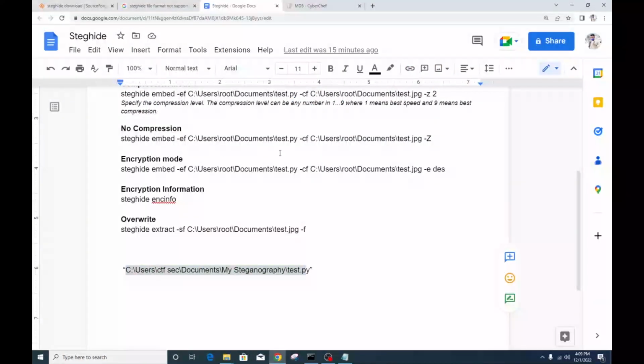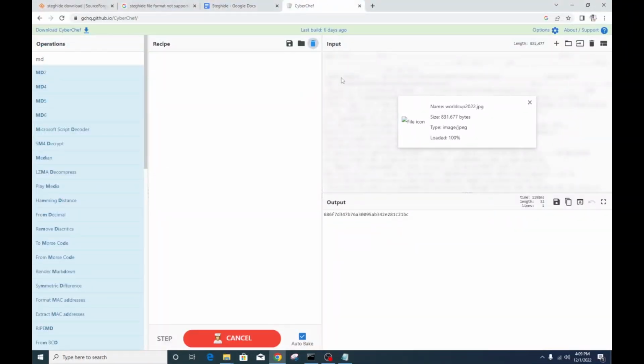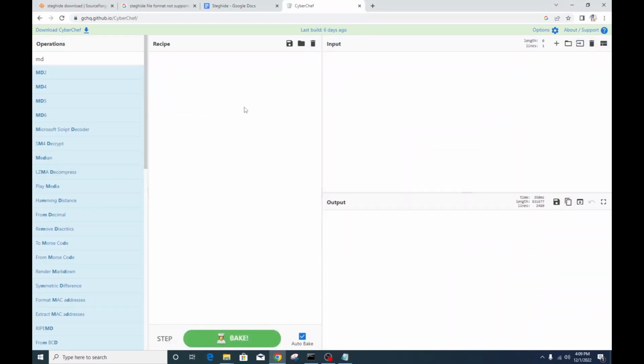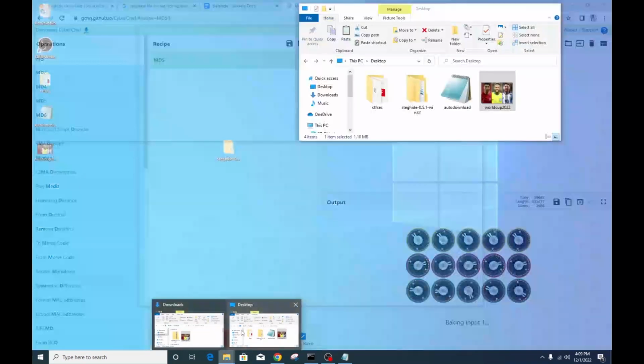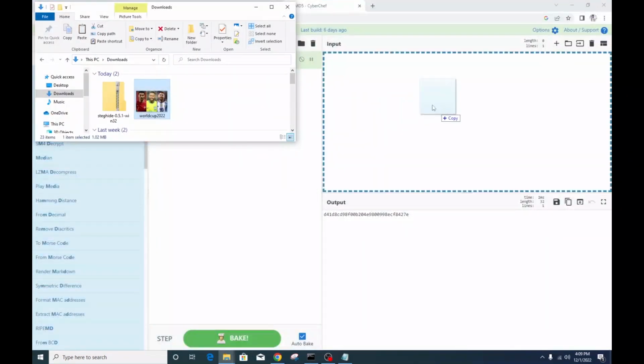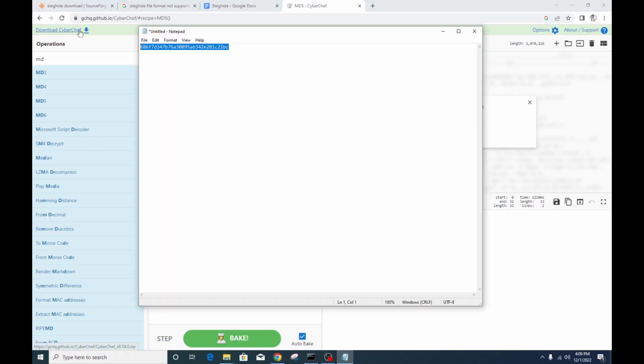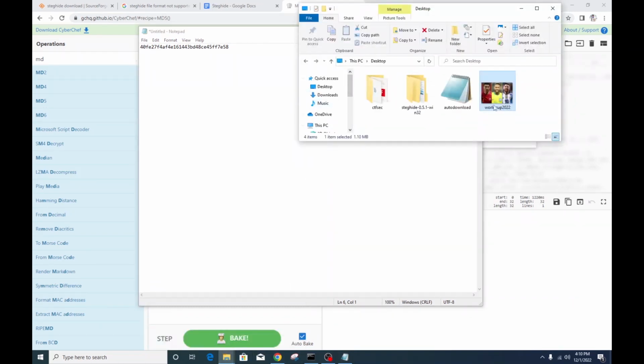So in order to do this, I'm just going to launch my CyberChef, and we're going to upload these two documents each to find the MD5 checksum of each of them. So I'm just going to paste the MD5 here, and let's go with the original file first. So I'm just going to drag this and put it right here. This is the MD5 hash equivalent of this file, so I'm just going to copy it and paste it right here. So let's calculate for the file that we have another file embedded in it. I'll go back, which is on the desktop,